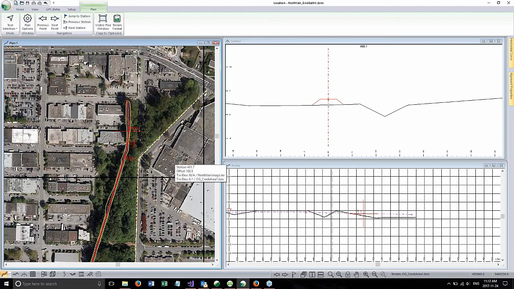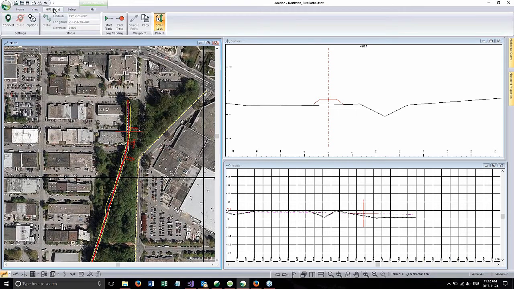So what I want to do pretty quickly, I think, is to turn on the GPS. I've got a map. It's in the right coordinate system, so let's just turn on the GPS. And I do that through this connect. I have a GPS tab here, and I press the connect button, and it will start searching for available GPS